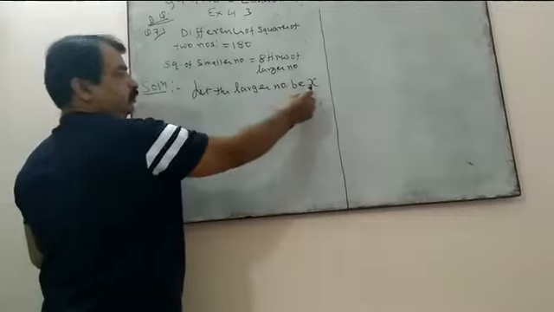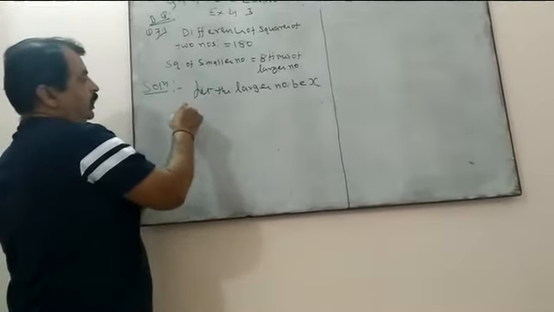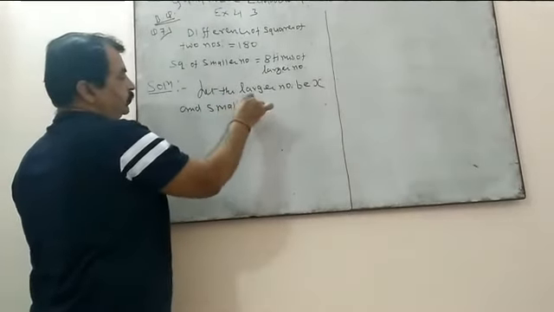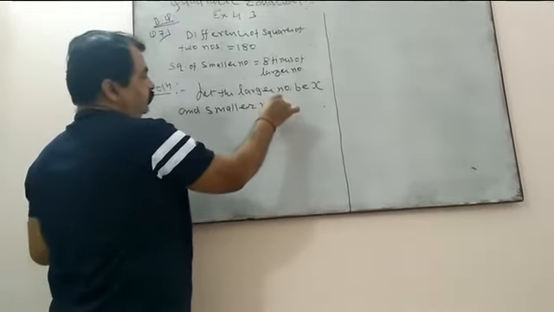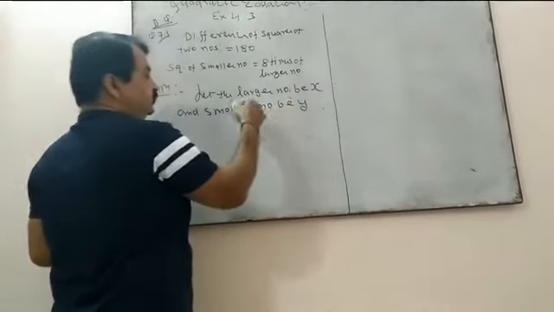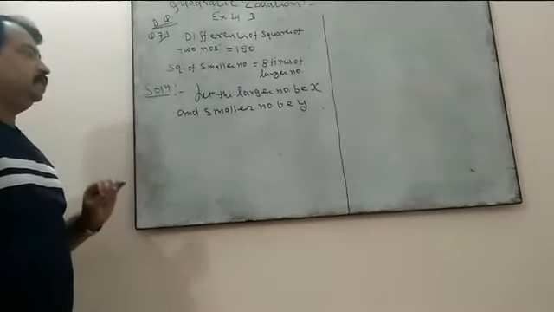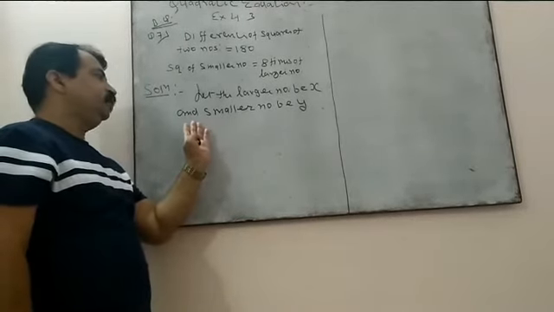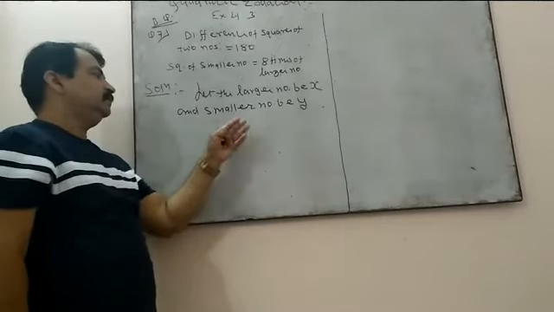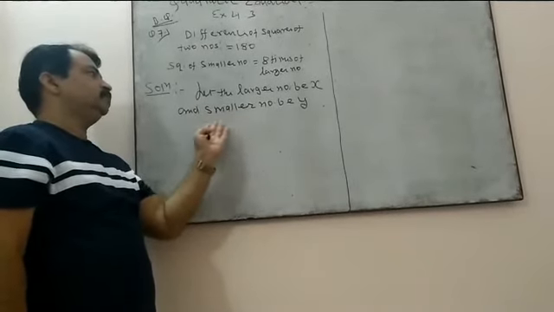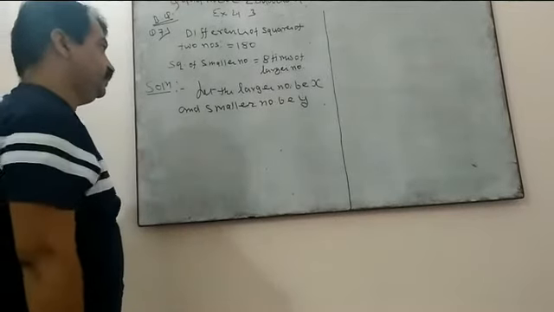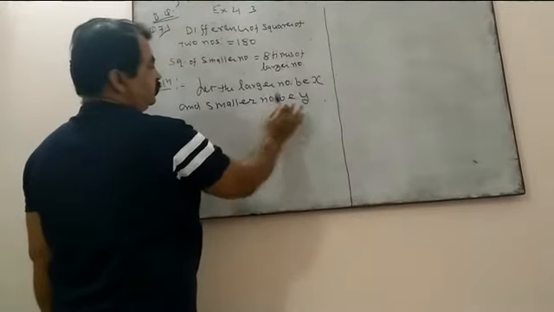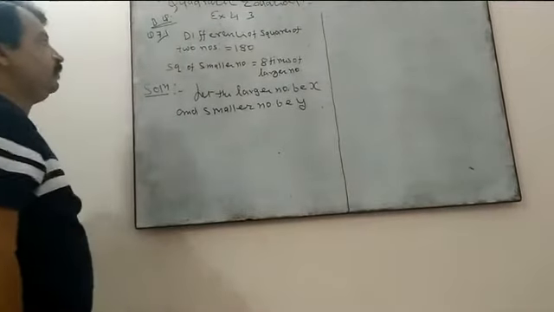So let the larger number be x and the smaller number be y. See, by assuming the smaller number also, the benefit is that again and again we need not write the wording, that is the smaller number, square of a smaller number and so on, right? So let the larger number be x and the smaller number be y. Clear?